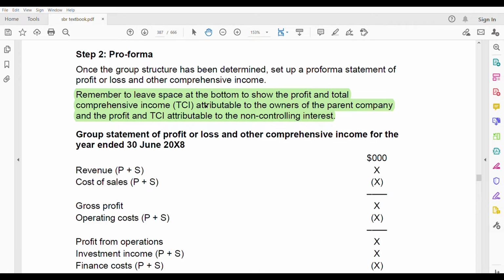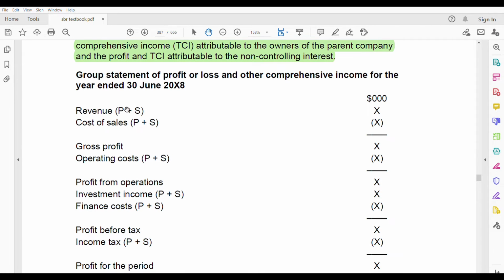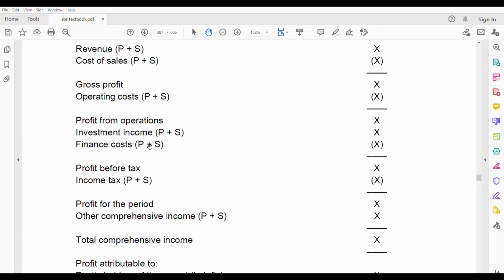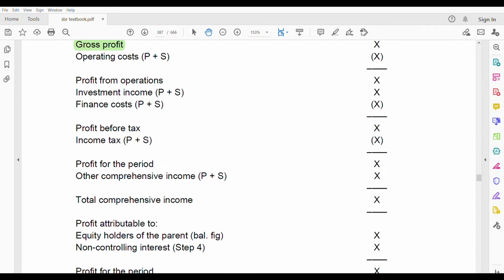Okay. Next, here we start with revenue. 100% for both parent and subsidiary. Revenue you can take, cost of sales you can take, then gross profit you don't take that from these calculations. Only operating profit you take. Investment income, finance cost. Remember, don't take the gross profit of the two companies. This gross profit you will get here only, revenue minus cost of sales. Then profit from operations, investment income you add, finance cost you deduct, income tax. So all this you can take easily. These are easy. Okay. Until you reach here.